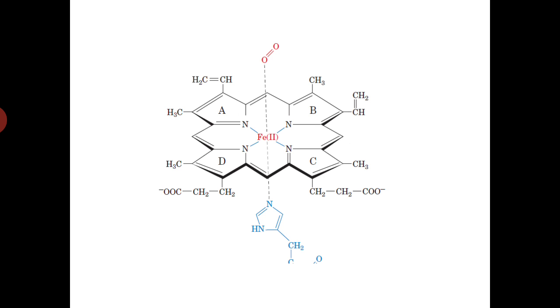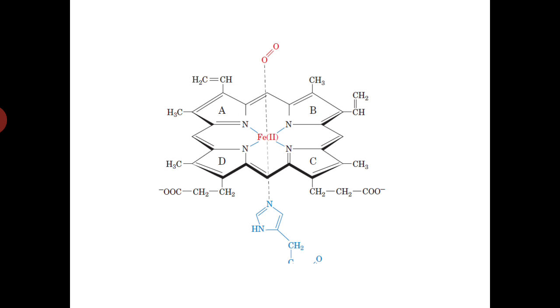So this is the basic structure of heme. Heme is a prosthetic group. Prosthetic group means it is covalently bonded to the polypeptide chain. A coenzyme is the part which is just held by some sort of interactive forces, but a prosthetic group is directly linked to the polypeptide chain, covalently bonded, and we cannot isolate it by simple extraction. It is strongly bonded to the polypeptide chain.